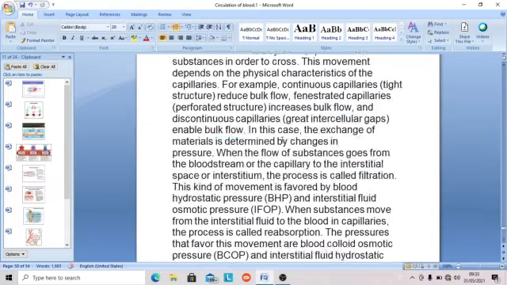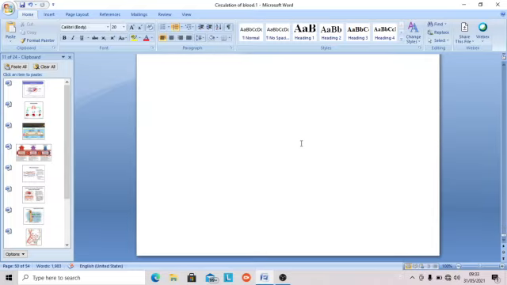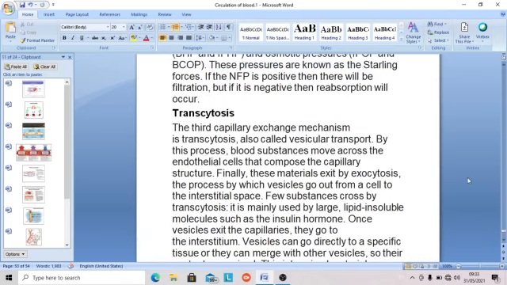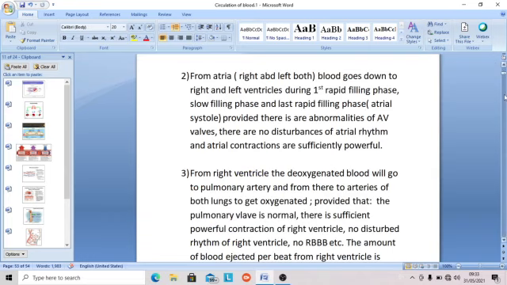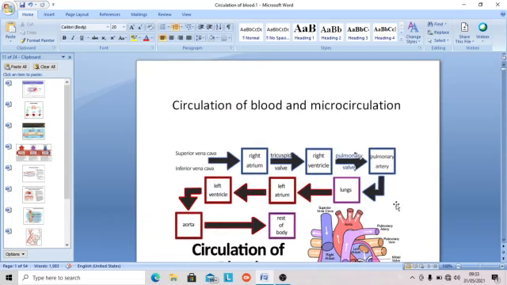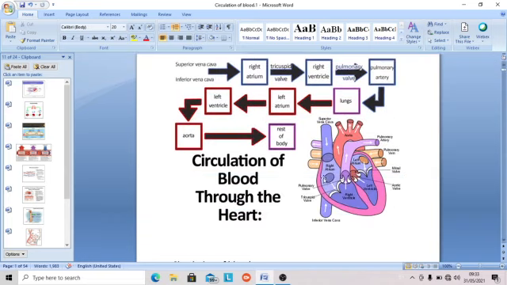So we have seen this diffusion and this is also what we see. So this is today's discussion about the circulation, just rapidly revising. This is how the blood moves from the inferior and superior vena cava to the right atrium, provided it is normal. The AV valve is normal, it will move to the right ventricle. During ventricular systole, when the ventricle is contracted, this will close, open the pulmonary valve,